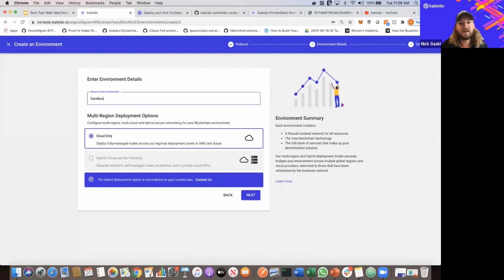And inside of Kaleido, we've built this in tandem with classic DevOps pipelines. So inside of your business network, you could have a sandbox dev environment, you could have a pre-prod or a UAT environment, and then ultimately you can have a production environment. We make it very, very easy to promote and progress your code and your application logic through these environments without having throwaway work. So I'm going to go with cloud only since I'm on the free starter plan,